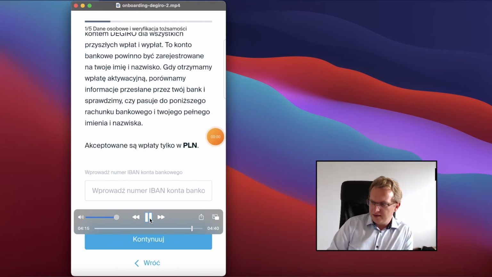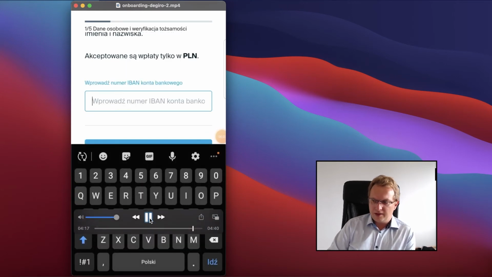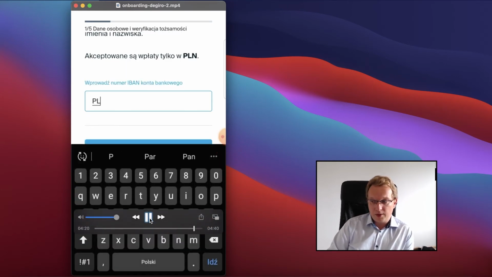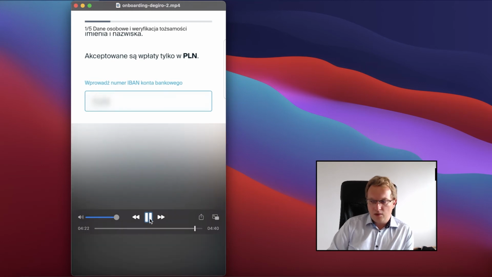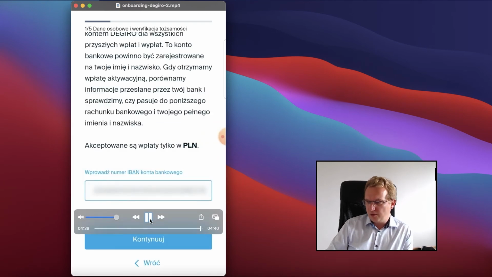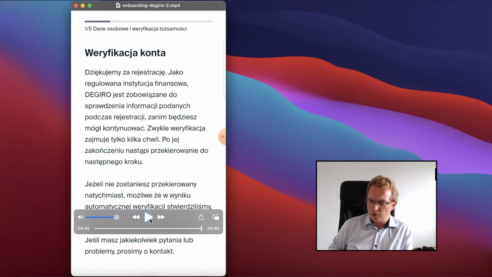And finally, it moved to gather data about the bank account they want to interact with. So the bank account where money will come from for buying stocks and where they will return the money or pay out dividends, or you will be able to make payouts from their brokerage account to a normal bank account. And now it starts the verification process. We don't have this verification process recorded. Perhaps we will show this